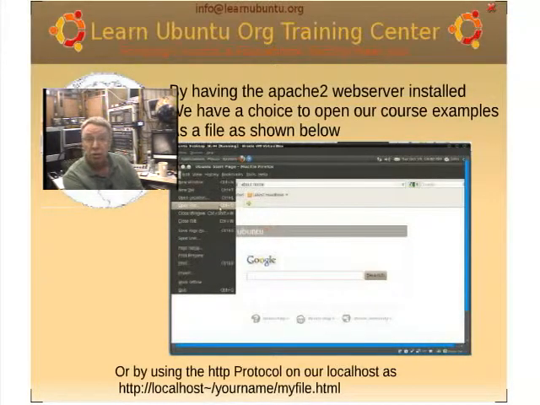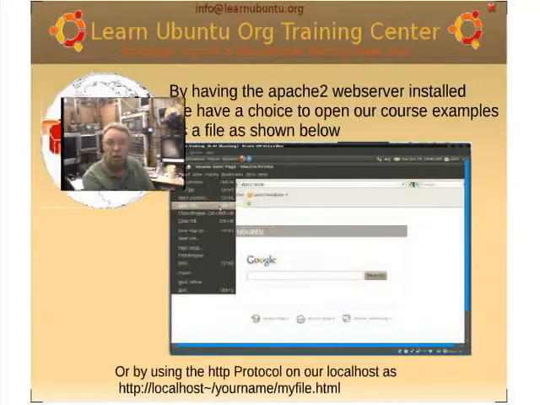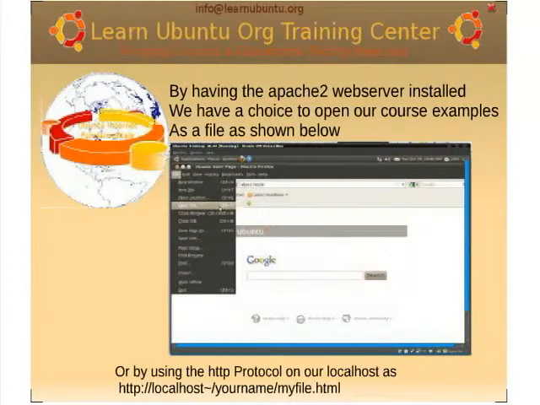When we get into more advanced courses with server-side scripting and other things going on, we want to open it using the HTTP protocol. And in reality, that's the way the world will view your web page. So we want to make sure that you're getting used to using these tools as you learn to develop web pages. So that's why we go through these rudiments here and set up this public HTML folder on our workstation,